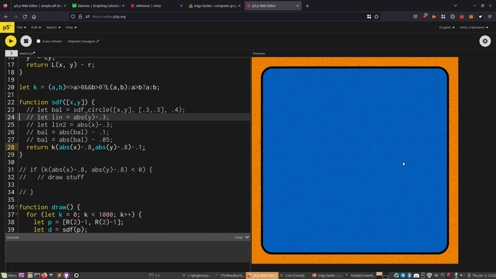I wanted to explain about the repetition operator. I also wanted to explain about how you can mirror things using the absolute function. It has multiple uses. But I think this video has gotten long enough, so I'm going to